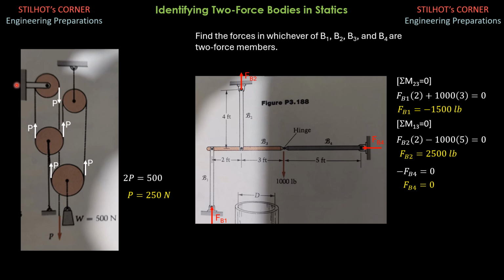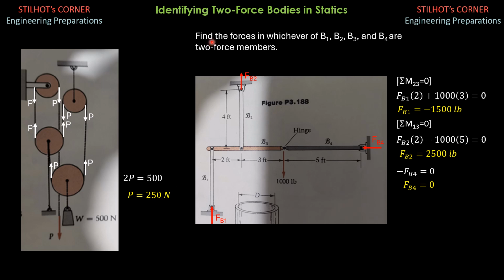Since the pulleys are frictionless, the tension on this side is also P. Then we have action and reaction. It is downward, then this is upward. Same is true with this, so the tension on that side is also P. So tension here is P, action, reaction. P also, action, reaction. Therefore, the last FBD would look like this. There are two P's upward and W, 500 newtons, downward. So summation of forces Y equals 0: 2P equals 500, so P equals 250 newtons.